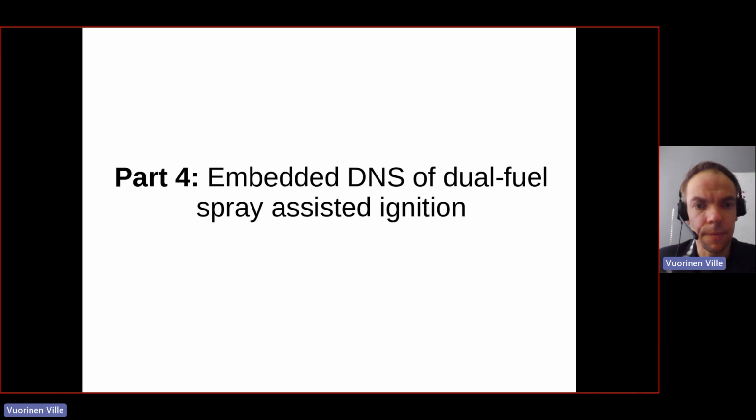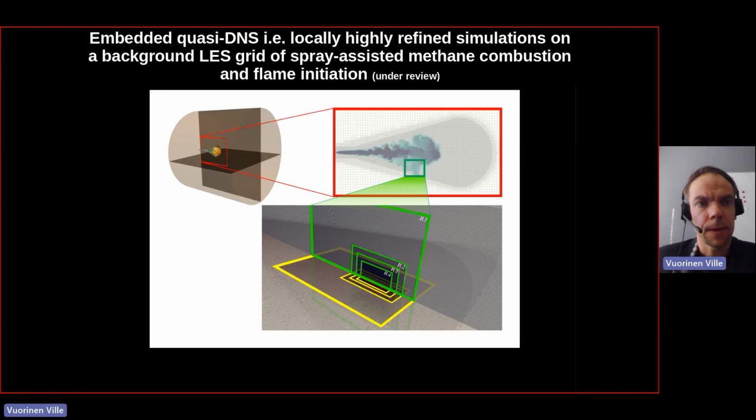Now we wanted to go further into the spray direction, and what we decided is that since DNS of a spray is very challenging, we decided to carry out embedded DNS of dual fuel spray assisted ignition. So this is work under review presently, unpublished work, but what we did was embedded quasi-DNS, and what it means is that we had a locally highly refined simulations on a background LES grid of spray-assisted methane